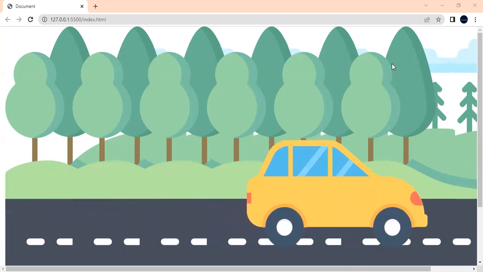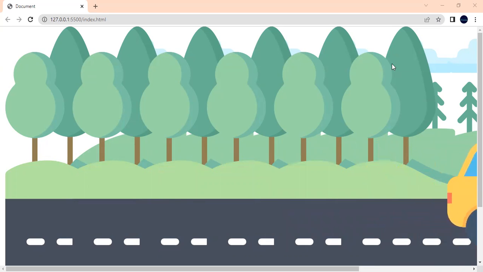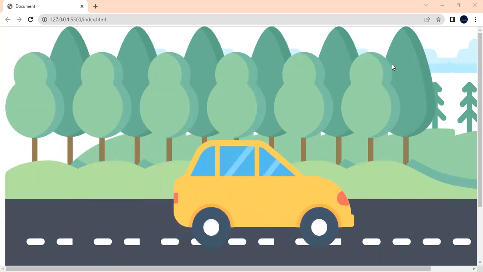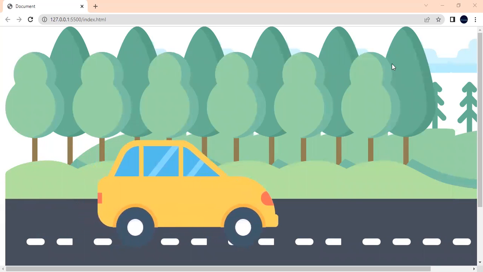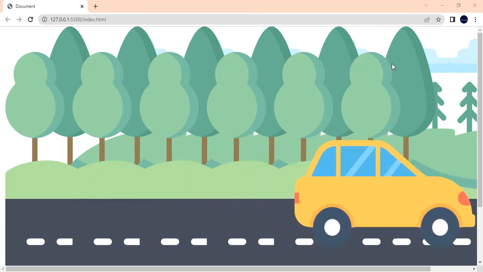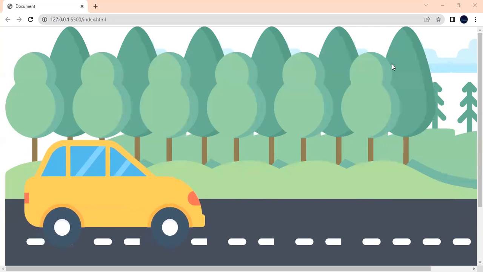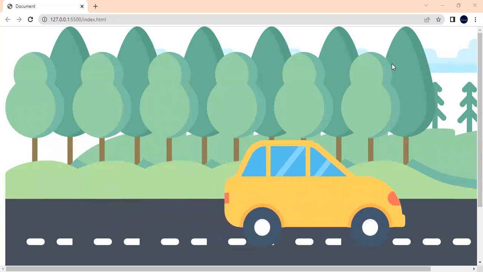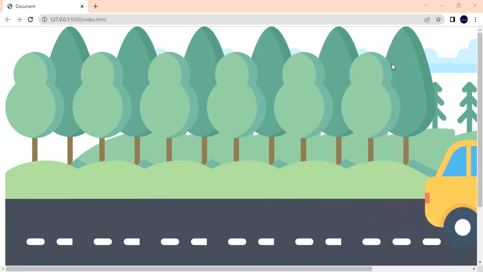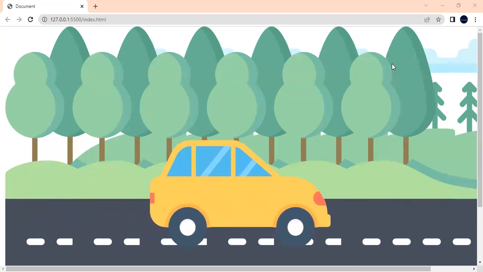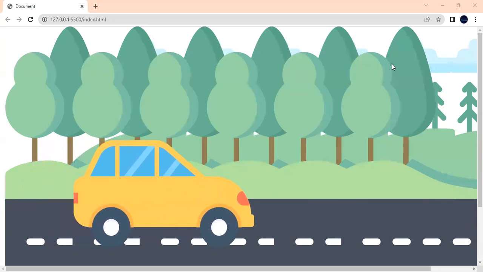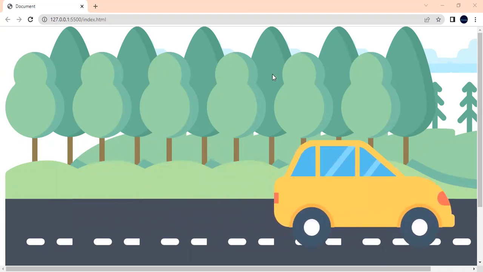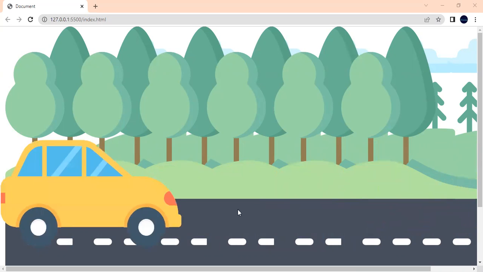Hello everyone. In this tutorial, I'll be telling you how to animate your image using HTML and CSS, right? Sometimes we want to add animation to our website, and suppose we are creating a game, it is very important to add animation so that it will look interesting, right? So in this tutorial, we'll be creating a very basic project in which you can see